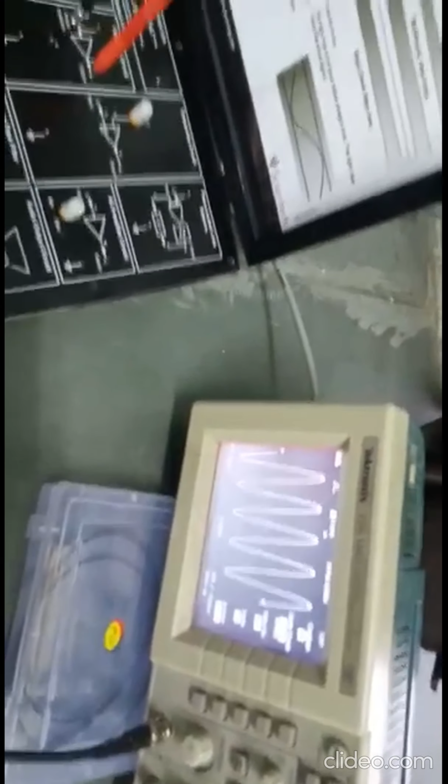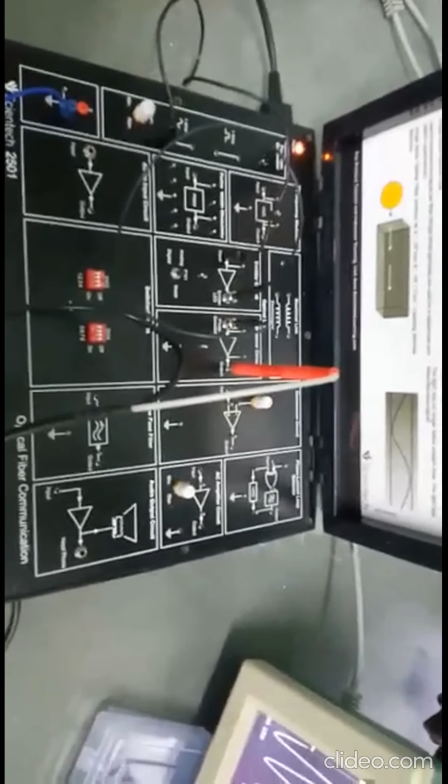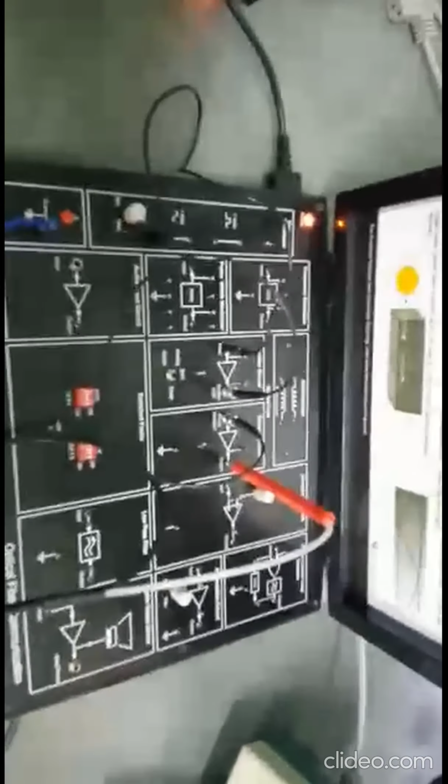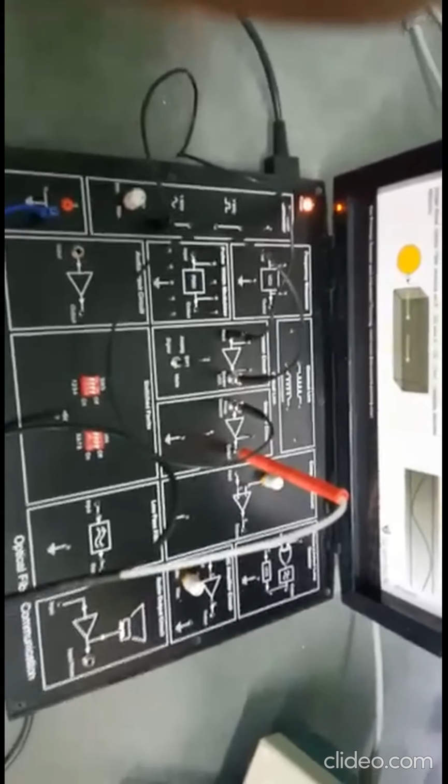So this is all about the lab today, and after this session I will add some theory about how to calculate the loss, but through the waveform, as you have already seen, how the loss we are getting here. Basically the loss of 8 millivolt we are getting here. This is the variation of those signals. This experiment is all about the attenuation loss of the optical fiber cable. That's all for today, and I will deal with the theoretical part, add it with this video, and explain more clearly.